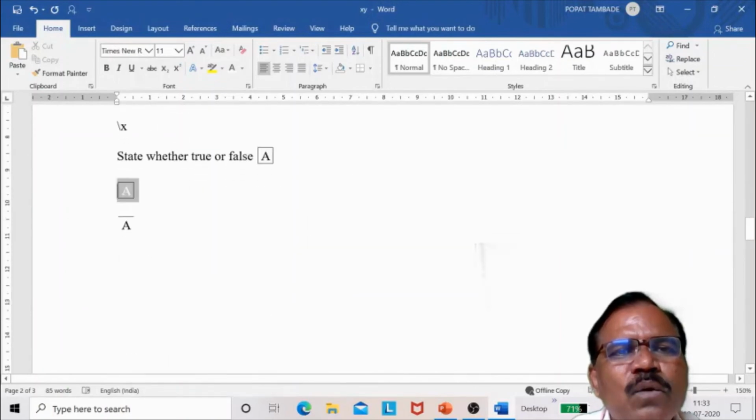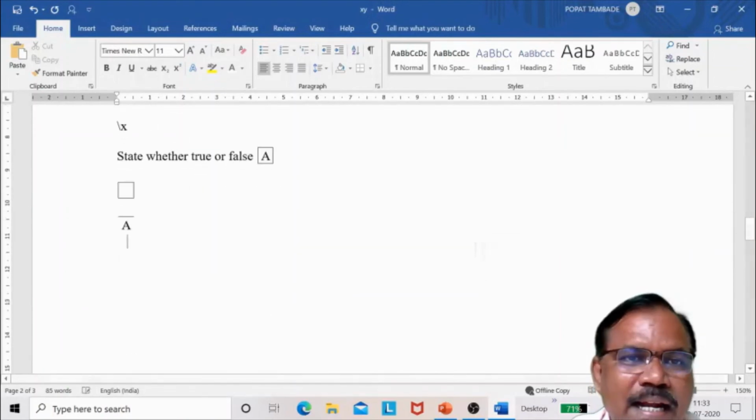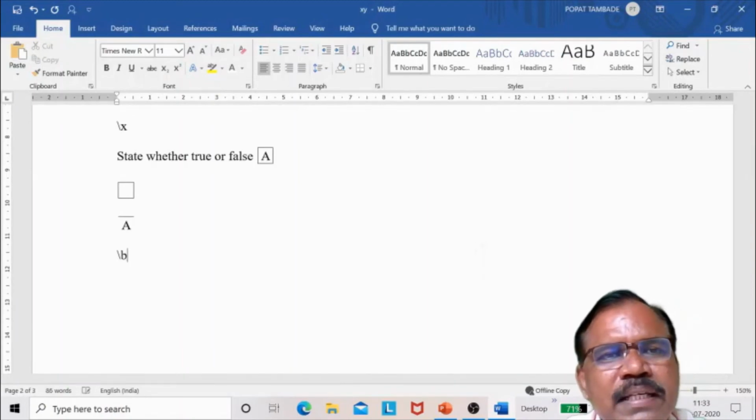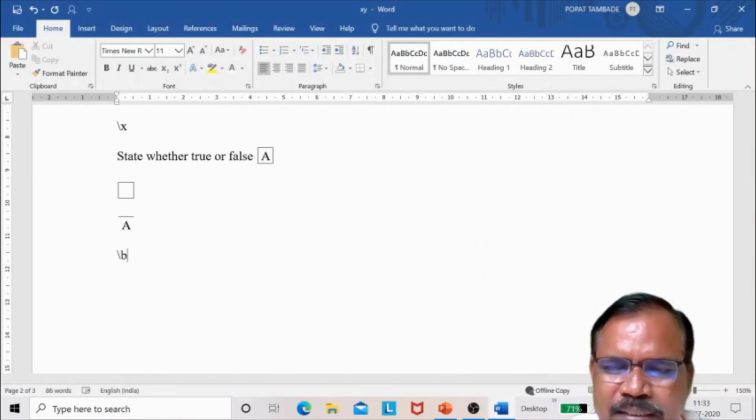Now I will go to bracket and bracket characters. Backslash B, it is used for bracket.